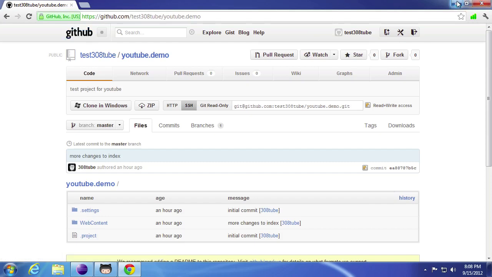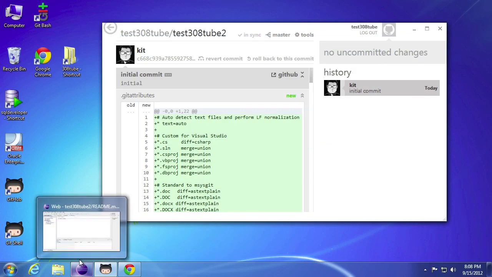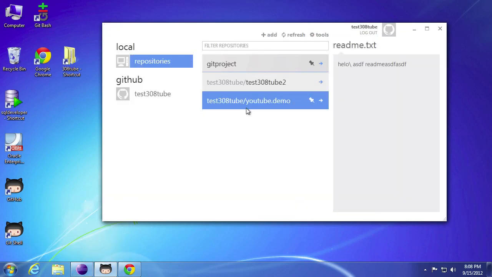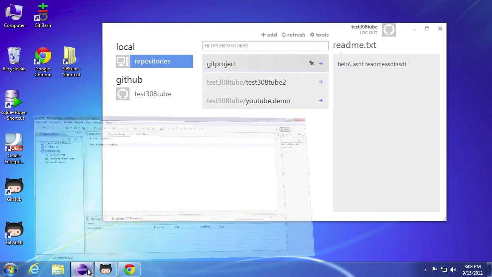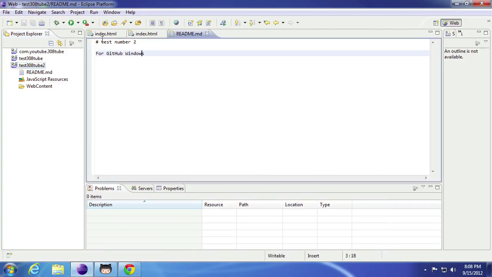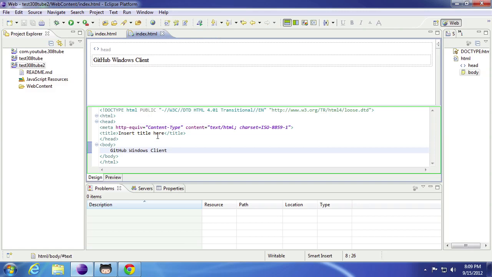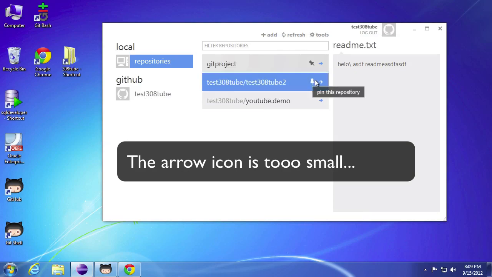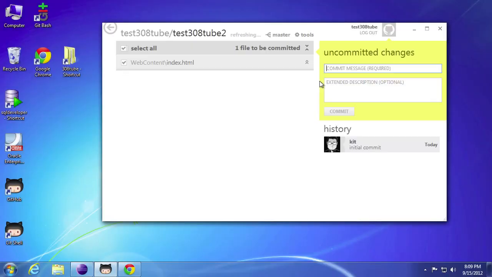So we'll go ahead and we'll minimize this again. We'll go ahead and back out of this, back up to the main screen, and we'll go into our Eclipse again. Let's close this out. Let's go ahead and add some more lines of code into our index page, and we'll save that. We'll go ahead and minimize that. Now if we go ahead and use that arrow key again, and we come in here,